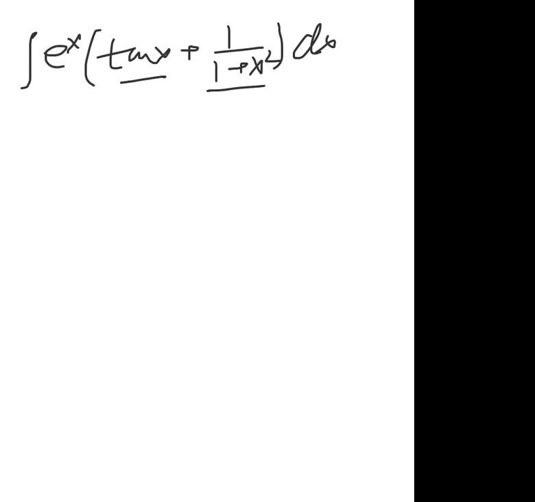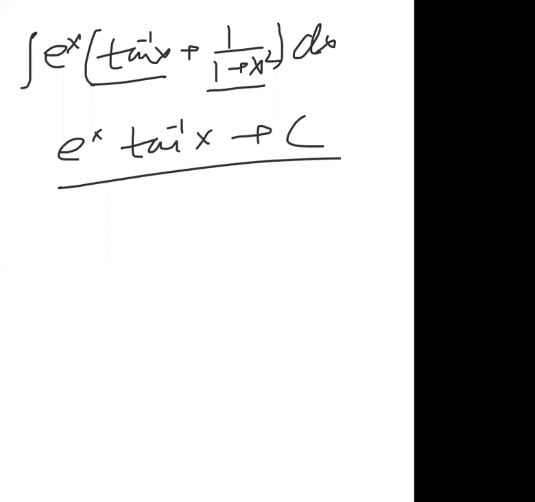Now see, e to power x into tan inverse x plus 1 upon 1 plus x square dx. Now see, e to power x into f(x) plus f dash x, e to power x into f(x) plus f dash x. So it will be e to power x into tan inverse x plus c. So the questions are easy, but still we need to think whether we are able to do this or we need to take some better initiatives.